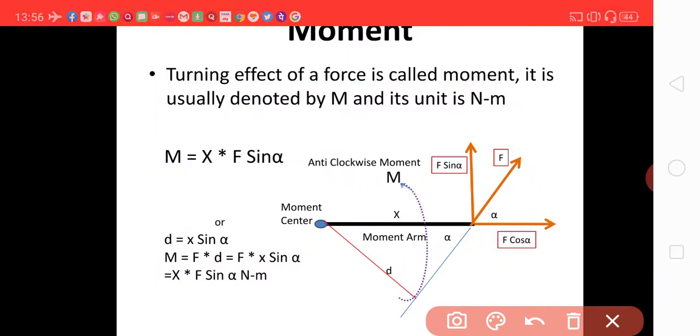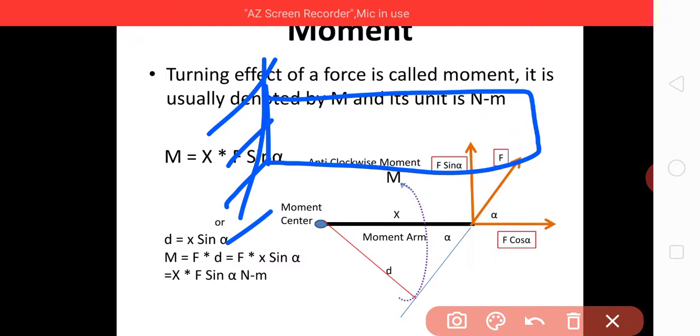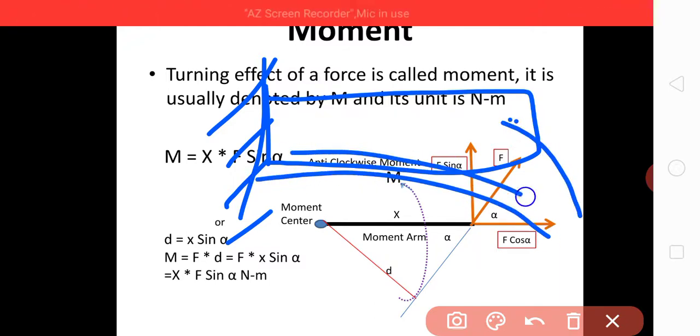Now, how to exemplify it? Take a scale in your hand. Just hold it flat in one hand and try to press from the center. This is your scale. When you try to force it from the center, it gets bent like this. This effect is the bending effect. It will try to get bent.